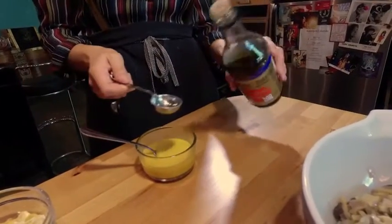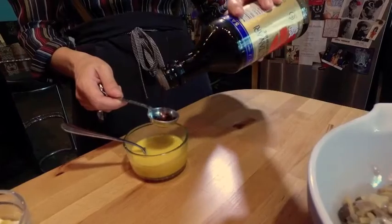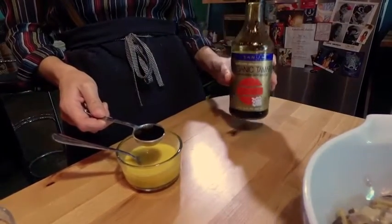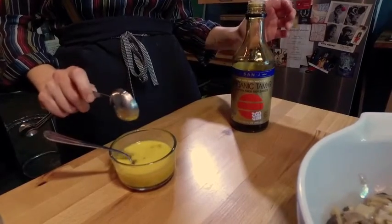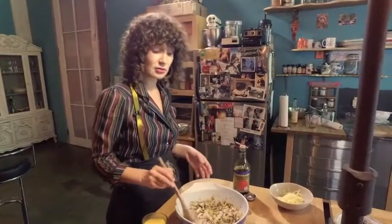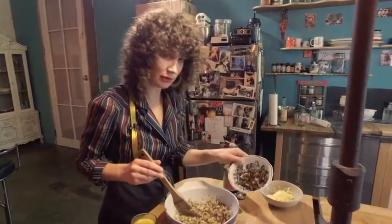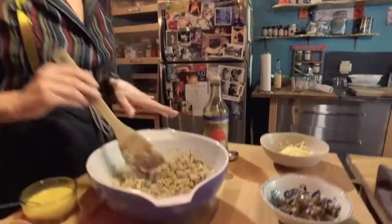So I've lightly beaten 2 eggs, and I'm going to add in a tablespoon of tamari. I'm using tamari to make it gluten-free. You're welcome to use plain soy sauce. So what I have in here is the mushroom and onion mixture, excluding the maitakes, which I've left out, tempeh,